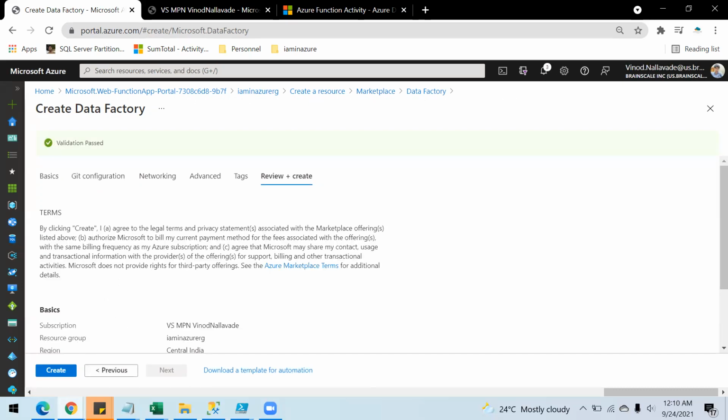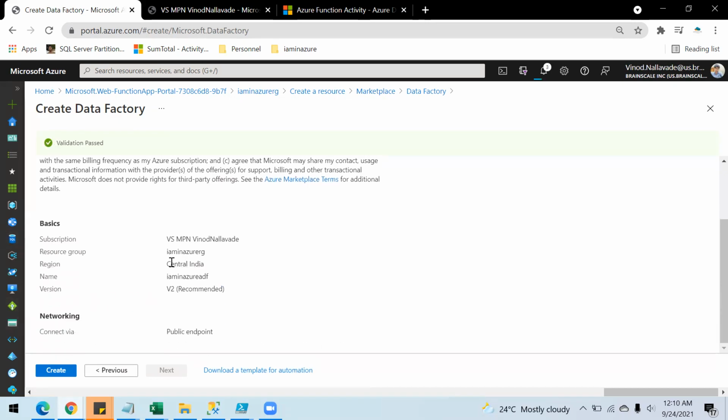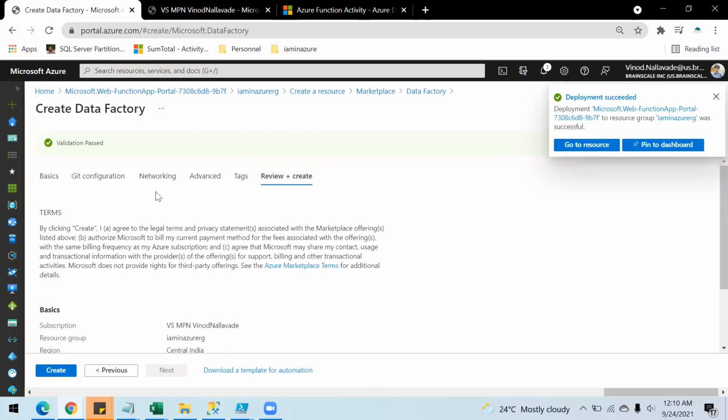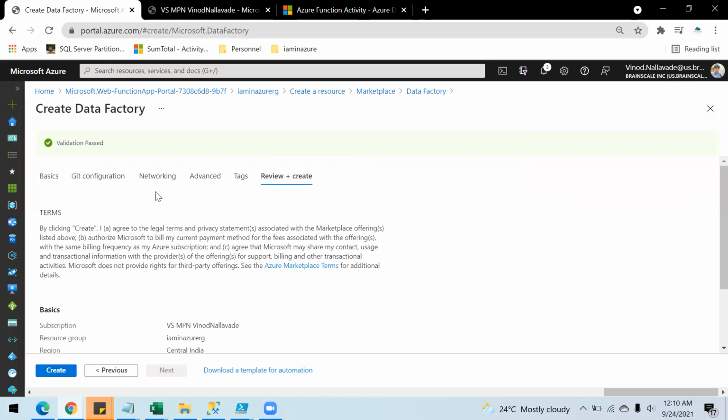When you see this, it is showing the validation passed message. What happens behind the scenes is that a policy engine works on the details I have given, like the subscription, resource group, region selected, naming convention, and all these details. There may be policies defined inside Azure, and if those policies are met, only then will this validation pass, or else it will show an error.